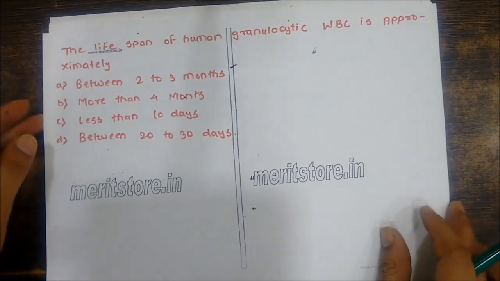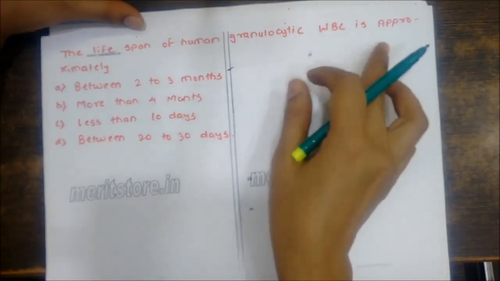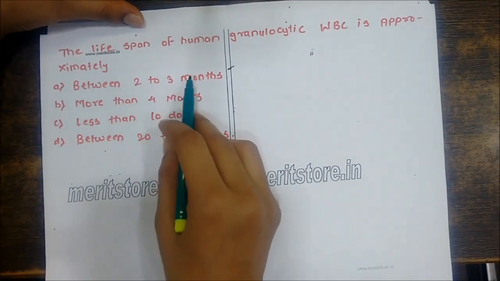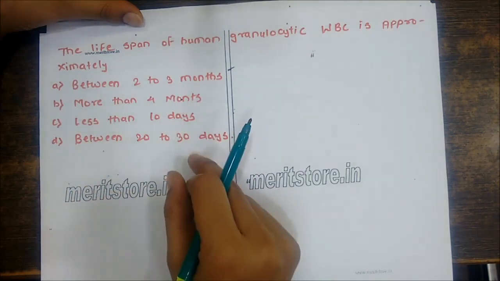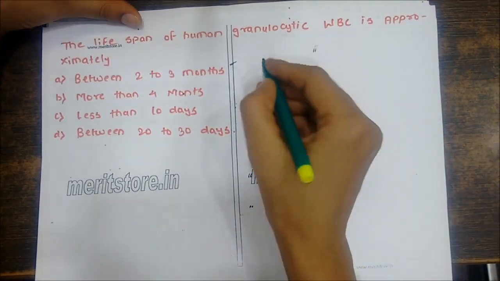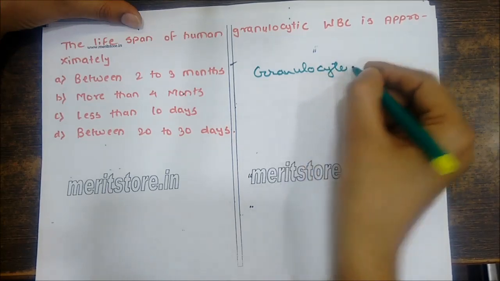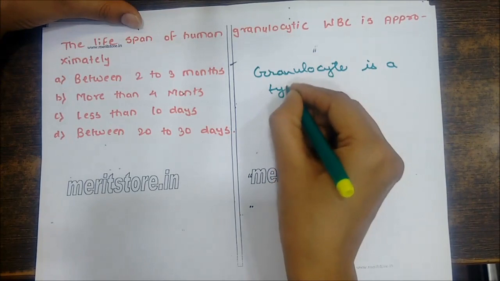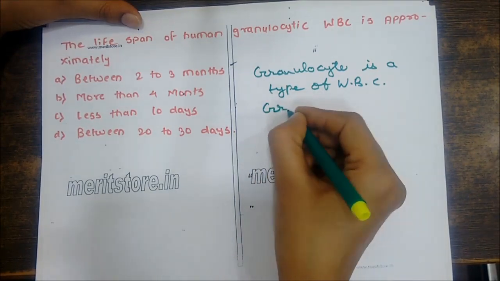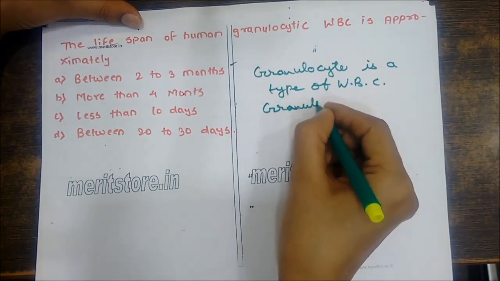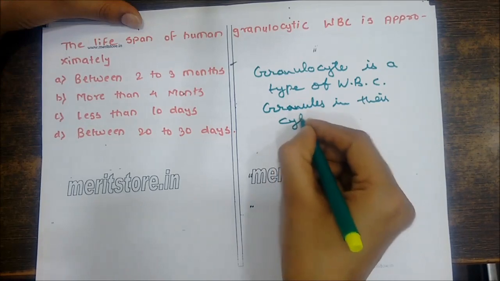Our next question is, the lifespan of human granulocytic WBC is approximately A. between 2 to 3 months, B. more than 4 months, C. less than 10 days, D is between 20 and 30 days. Now what is granulocyte? Granulocyte is a type of WBC. These have the granules in their cytoplasm,